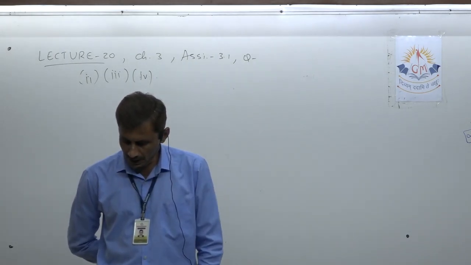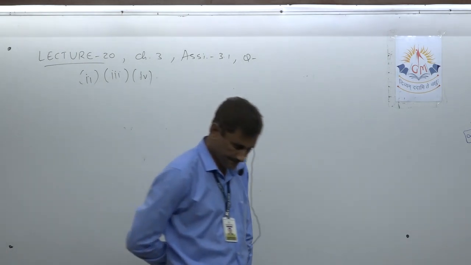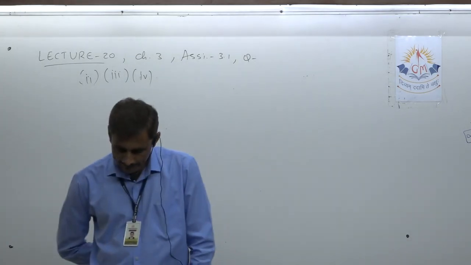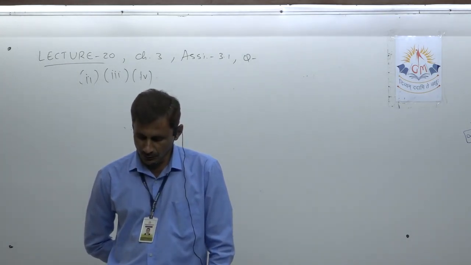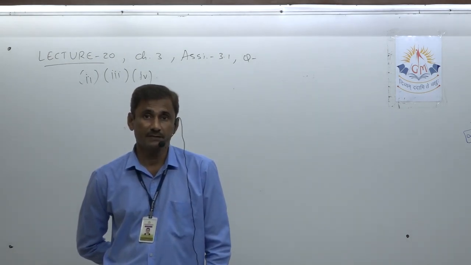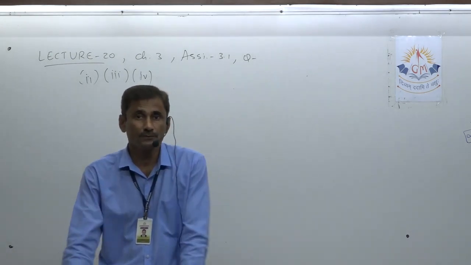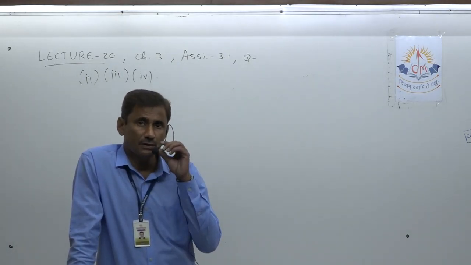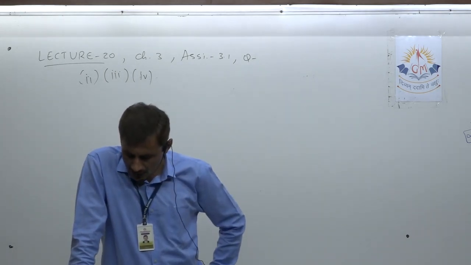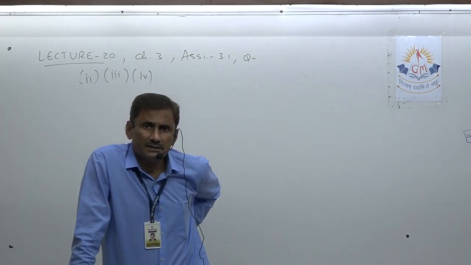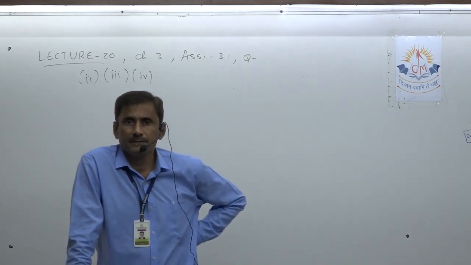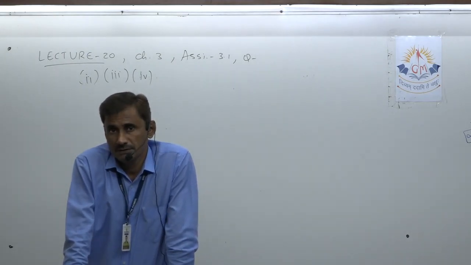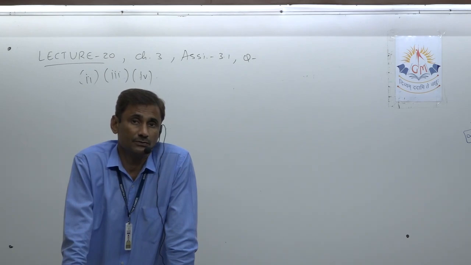Which of the following are Pythagorean triplets? How to decide? A Pythagorean triplet means, you know, the sides of a right angle triangle. So how to check it? You just make the square of the biggest one, the largest one, and compare it with the sum of squares of the other two numbers.